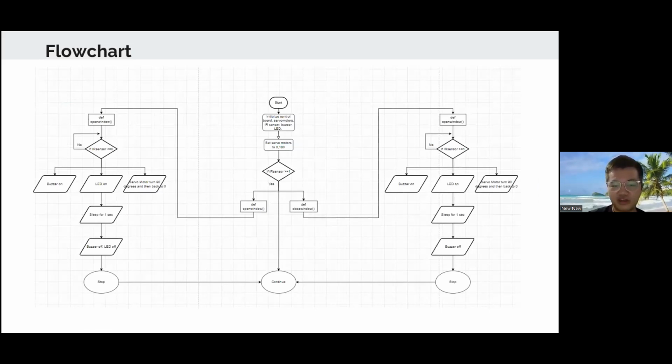So this is my flow chart. At the start, the board, the motor, IR sensor, and buzzer, as well as LED, will all be on. And then the motor will be turned to their original degree, which is 0 and 180. So if the IR sensor detected more than or equal to 1, it will either define open window or close the window. So if it's open window, and if IR sensor is less than or equal to 0, the buzzer